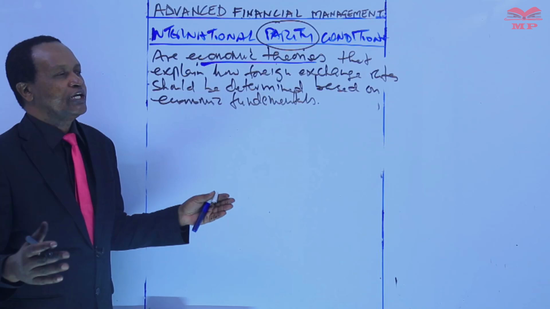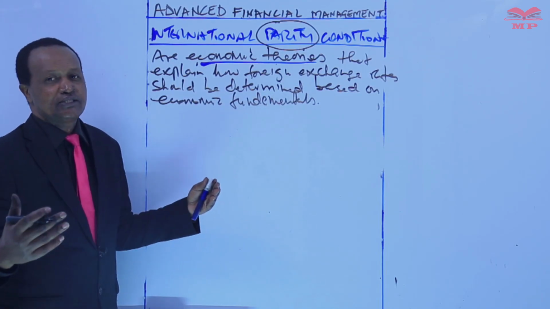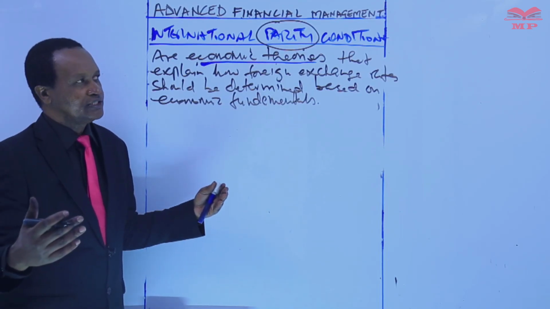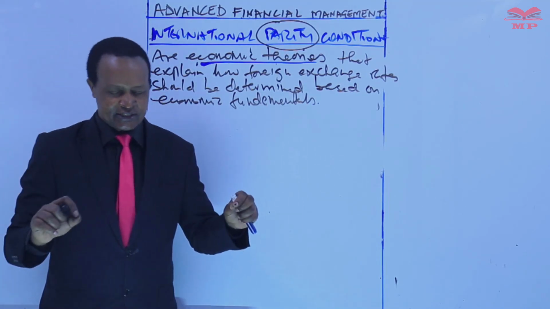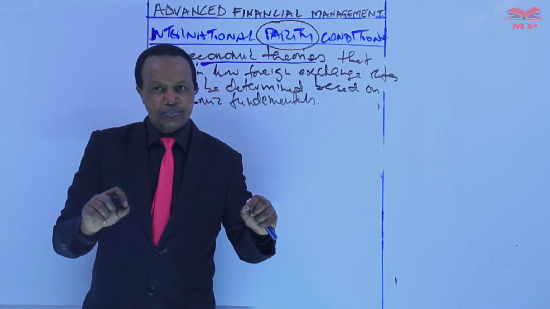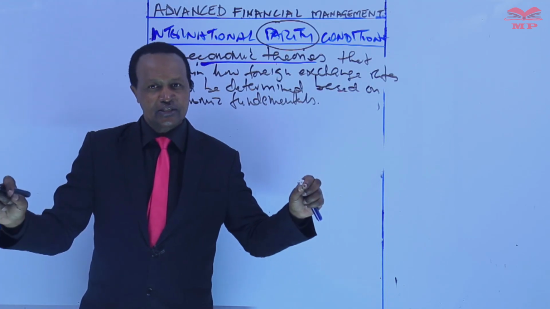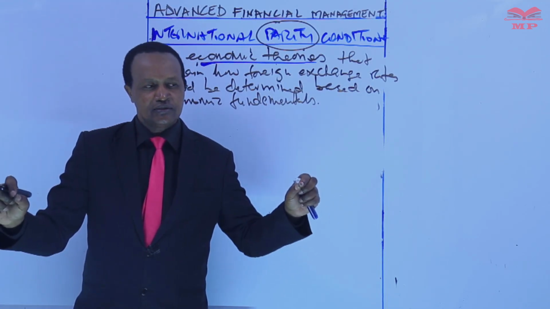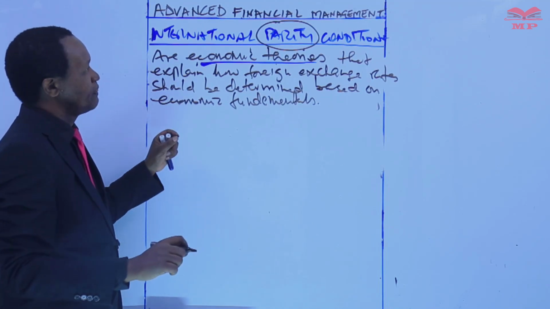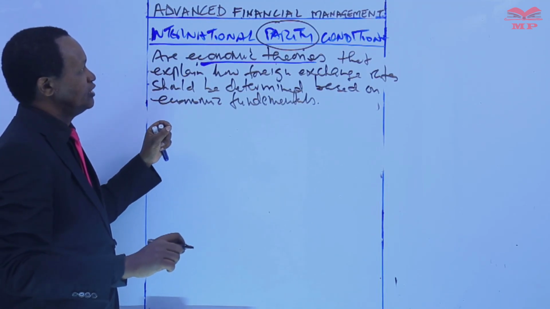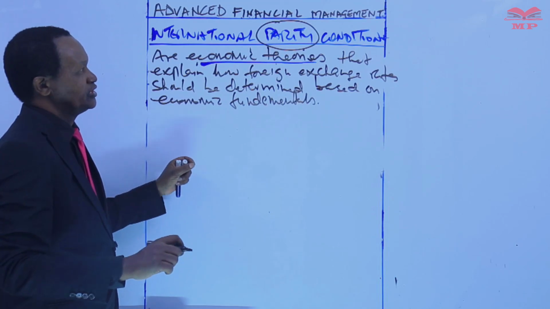Parity refers to equality or sameness. And in economics, it often refers to a state of balance, a state of equilibrium between two things. So, in the context of foreign exchange rates,